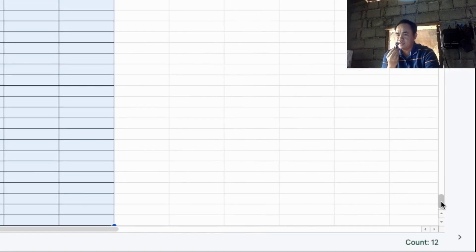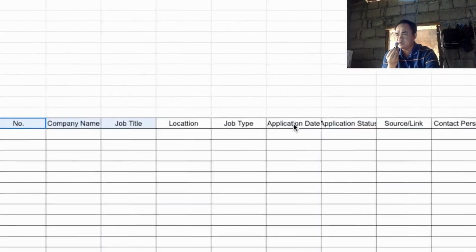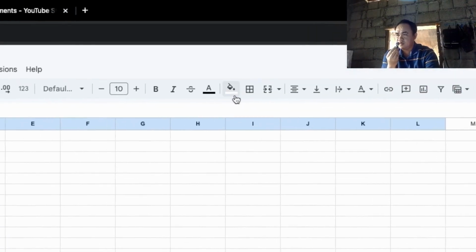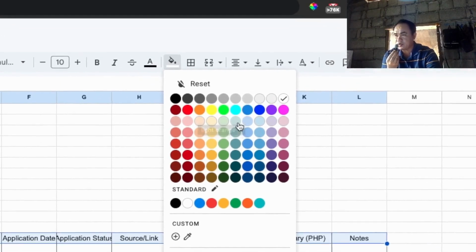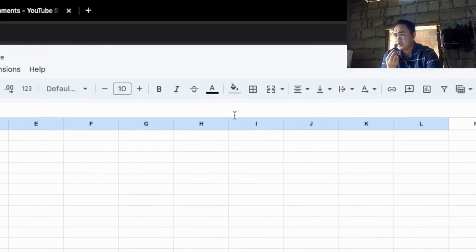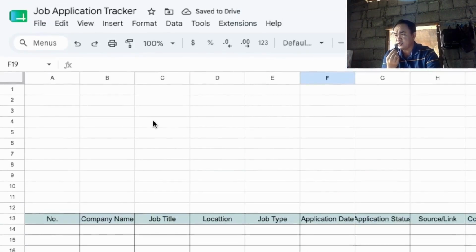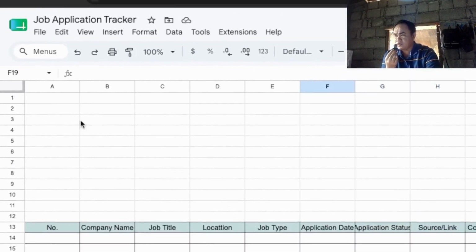Okay, let's go back to the top, and then let's format this by applying a background color. Let's say I'm going to select blue, and then let's adjust the width of the columns.